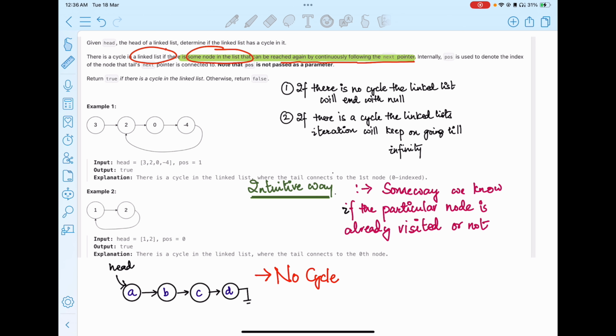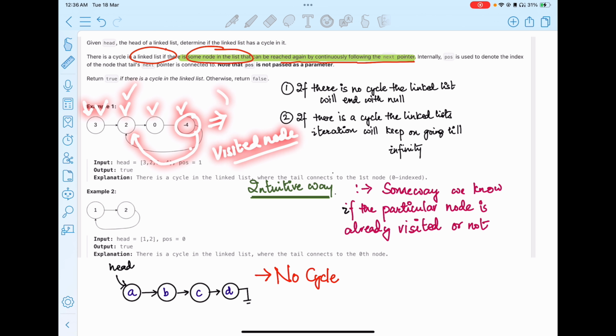Let's say going to a node is like visiting that node. If we consider this list, we will visit the 3 first, then we will go to the 2, then we will go to the 0, then we will go to the minus 4. From minus 4, we will circle back to 2, which is already visited. So we can safely say when an already visited node is visited again, that means we have found a cycle